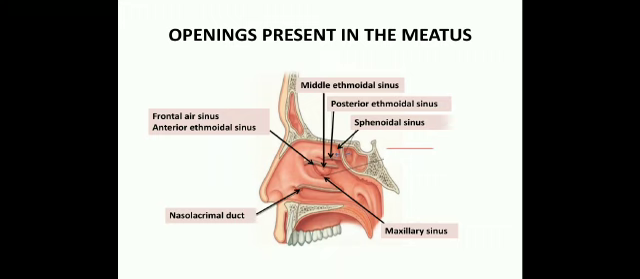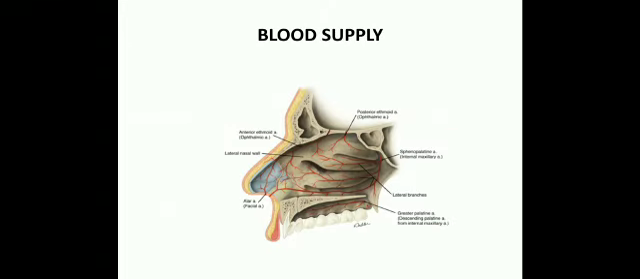Okay. So, the nasolacrimal duct opens in the inferior meatus; the maxillary sinus, frontal sinus, anterior ethmoidal and the middle ethmoidal open in the middle meatus; the posterior ethmoidal in the superior meatus; and the sphenoidal sinus in the sphenoethmoidal recess. The blood supply,